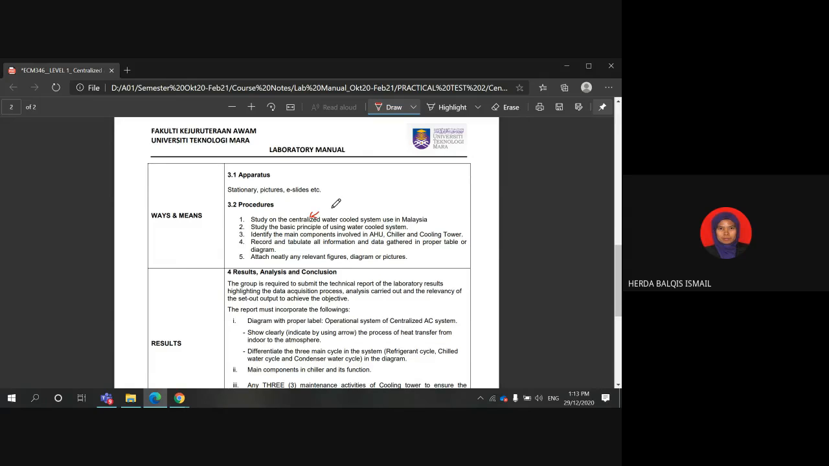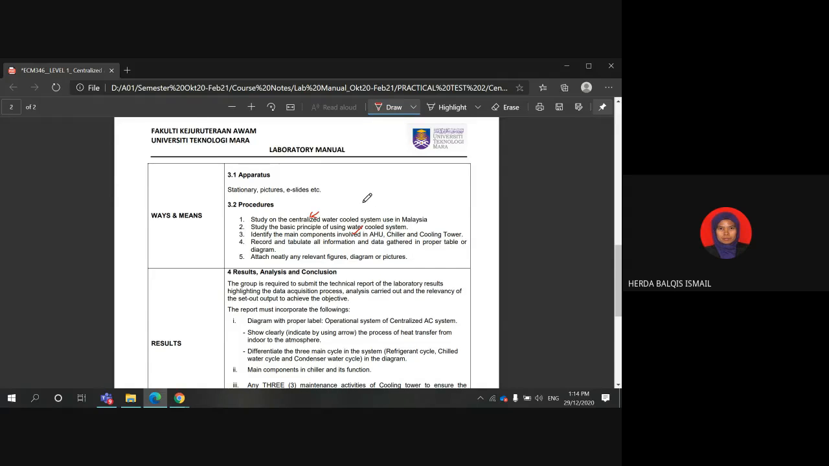So hopefully by doing that, all of you in the group can understand the overall concept of the centralized air conditioning system. Okay, so we are only focusing on the water-cooled system. Basically, in general, there are two: the air-cooled system